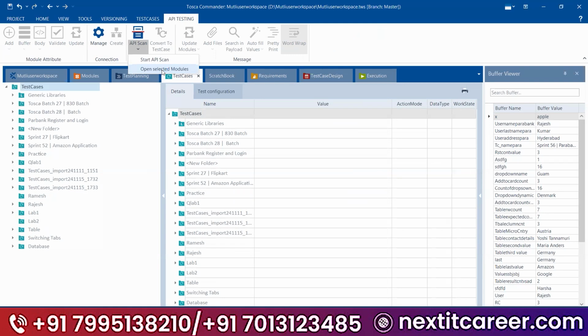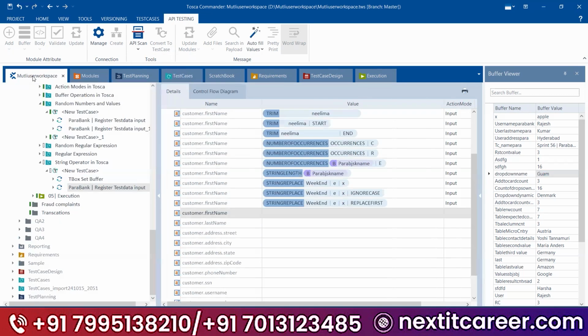Yes, if you have any backend data that you want to take to the front end application, you said there is a Google form. In the Google form, you need to put or paste the data from the backend application. Simple way: do the API scans and add all the values. I will tell you one process, follow that. You can convert one value from the backend application into a buffer and pass the buffer into the front end application. That is the concept.